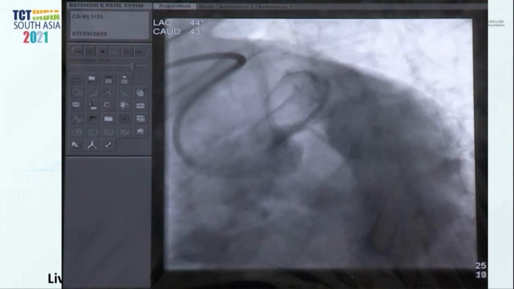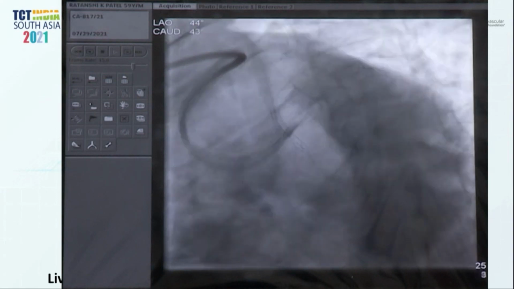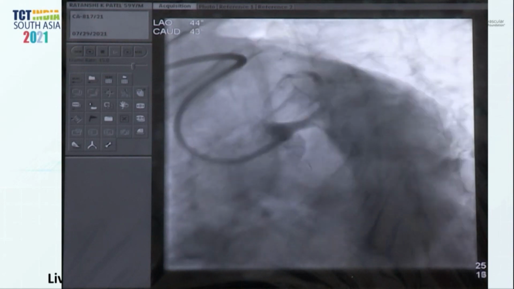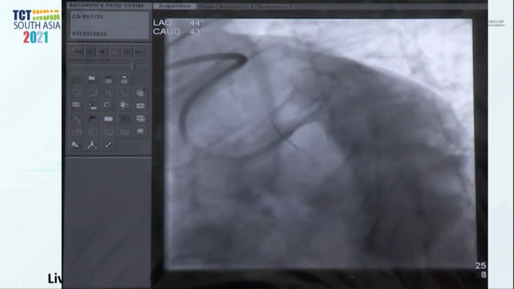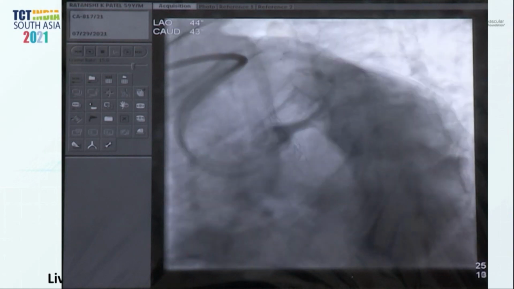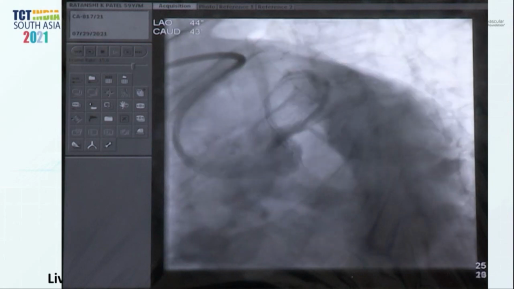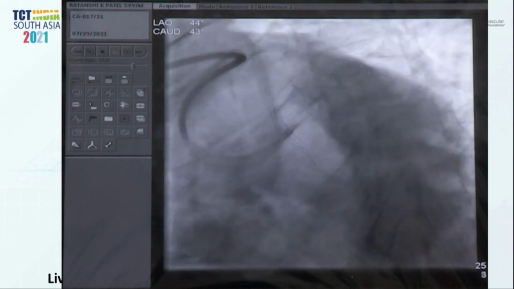So we have taken the caudal view. If you can see this caudal view, the diagonal ostium is very tight. So what do you think? The diagonal is not very big, but we have the master in bifurcation, Ferenc, who is a principal investigator for BBC and other trials. What is your approach, Ferenc?